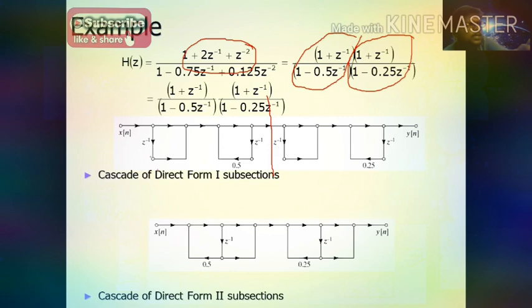For the direct form structure, direct form one, how to draw this? See, first you draw one single straight line, x of n. For the numerator part, start from the left hand side. So first 1 will be coming here, plus z inverse. So add one delay block here, that is the z inverse block. So you have to add here one adder element, here one adder element. This circle represents adder blocks. Okay, so instead of this you have to put the adder symbol.